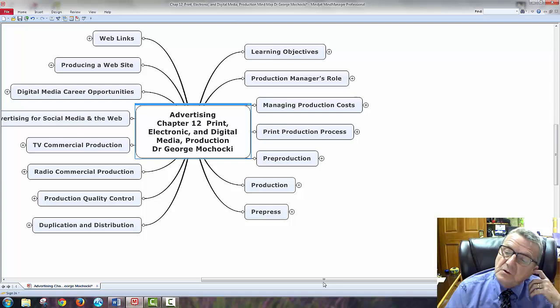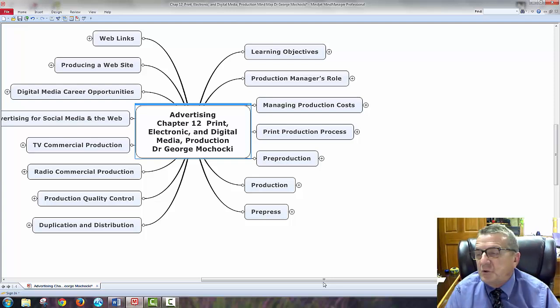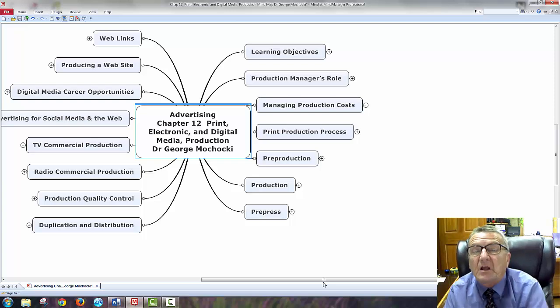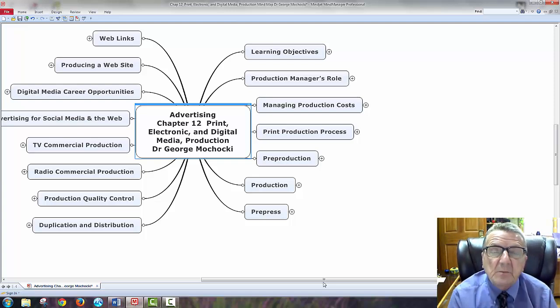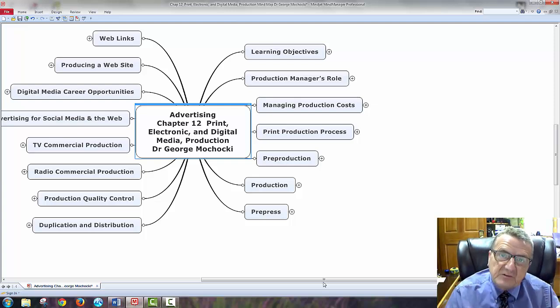But everything you're learning here, as you're learning advertising, as you're learning the vocabulary, what the heck does that mean? You have to be like a sponge. You're going into advertising. You may not be the mechanical person. You may not be the director. You may not be the producer. You may not be the web designer, the artistic person. But you have to communicate with them. You have to know how to talk, you know what they mean. So to be good at advertising and marketing, you have to understand your other